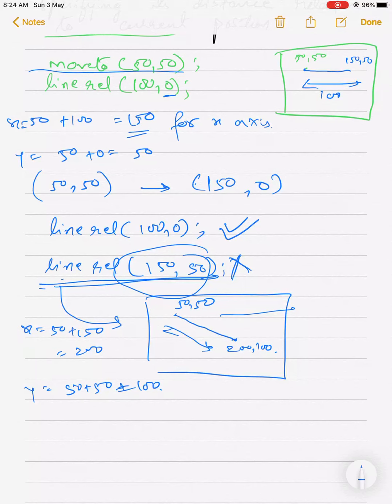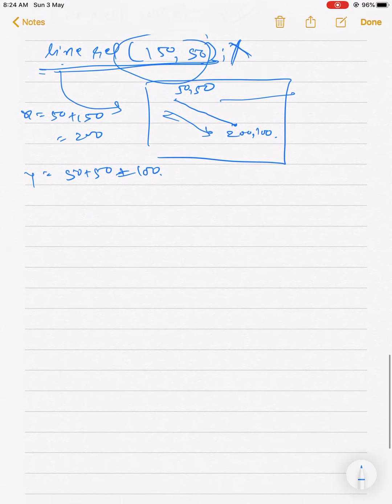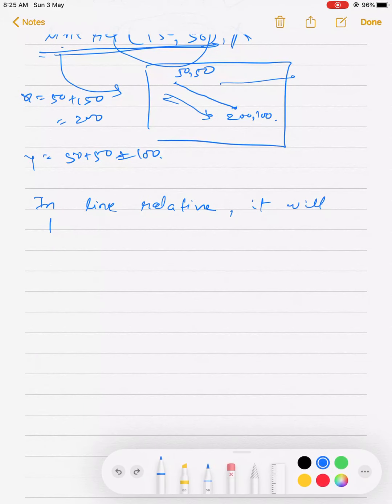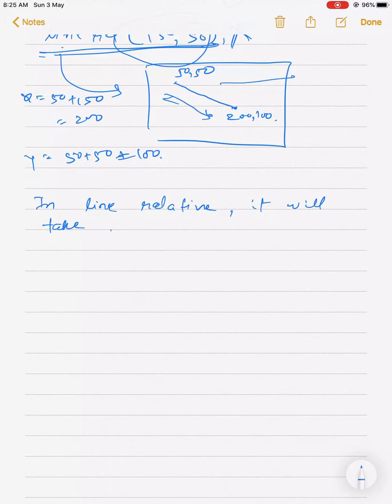Please understand this particular thing. I will repeat once more. See, in line relative, it will take relative distance.